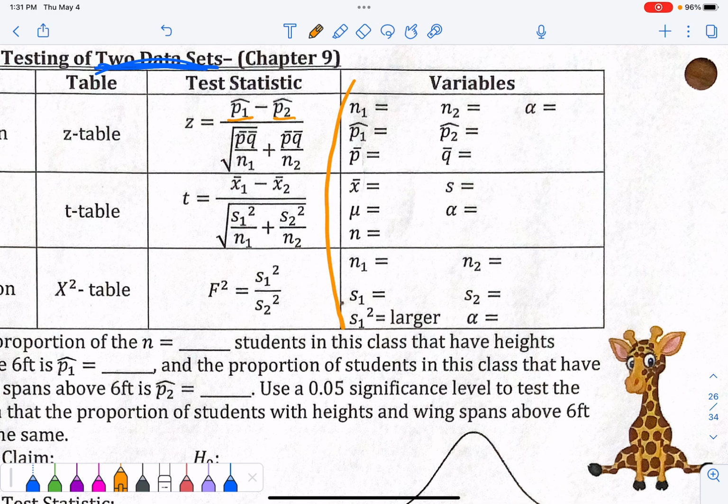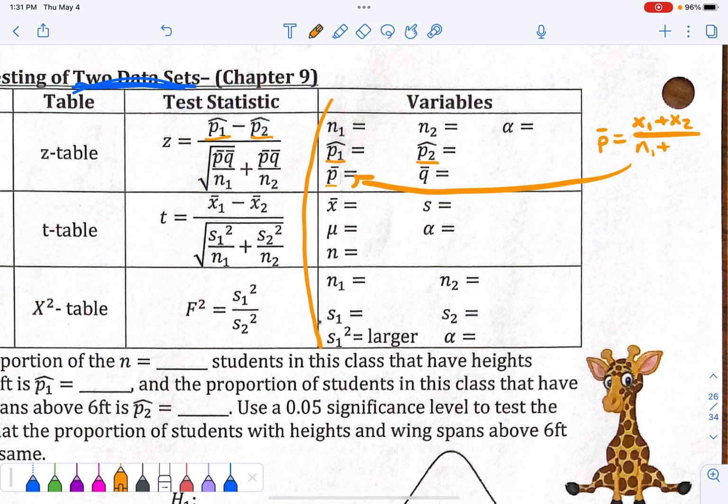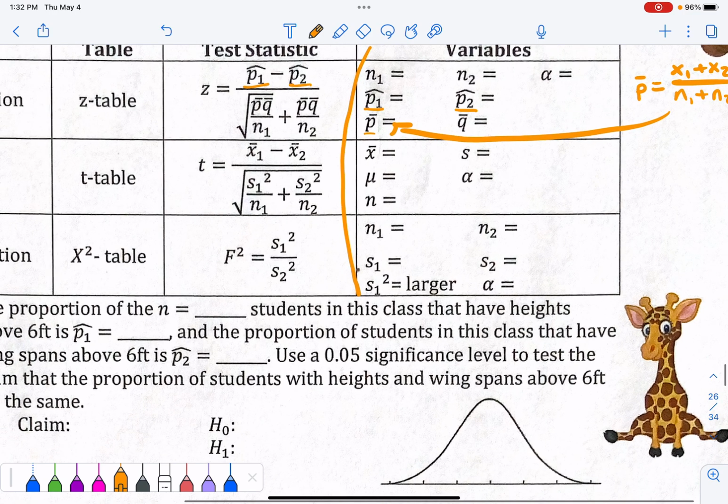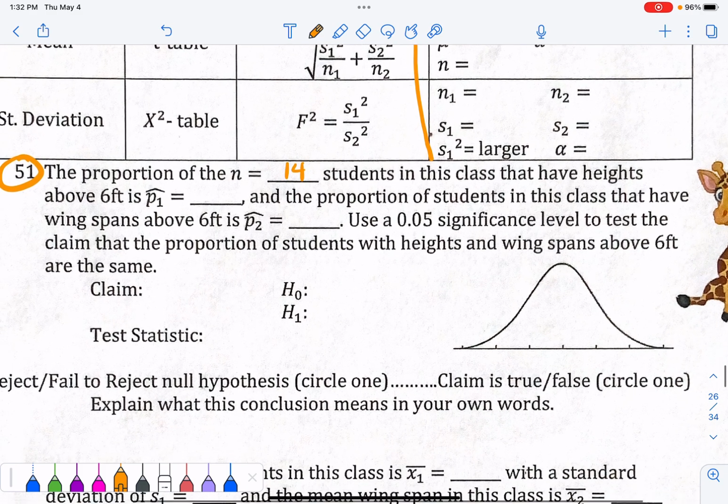P hat 1, P hat 2, those are going to be your two samples. P bar, I guess I didn't write in what P bar is. Maybe we need to include P bar. P bar is the pooled value. So P bar is x1 plus x2 over n1 plus n2. So maybe I need to say that. Okay, there we go. For P bar, I think all the other ones have the same variables. It's just you have two of them now, like S1 and S2 are the two different standard deviations that you have. All right, so 51, the proportion of, we still have 14 students in this class that have heights